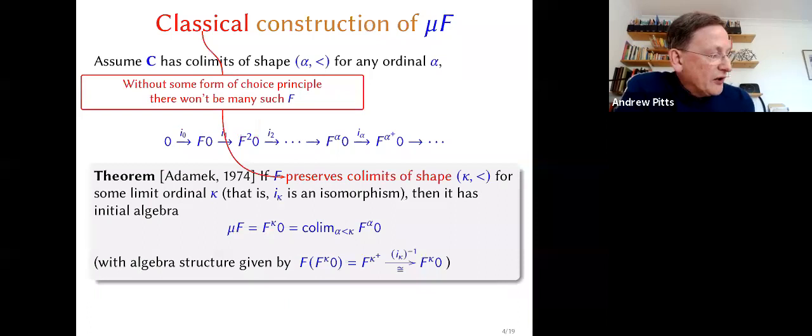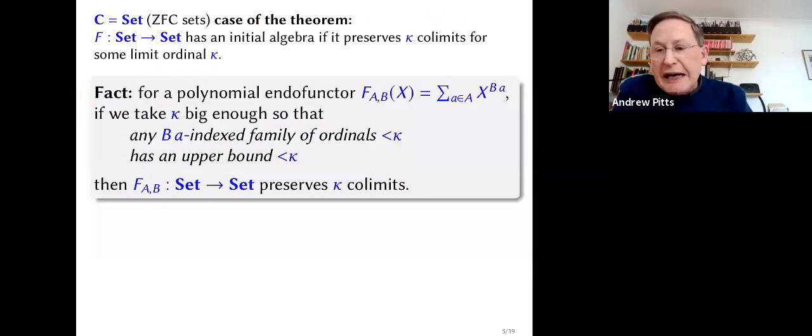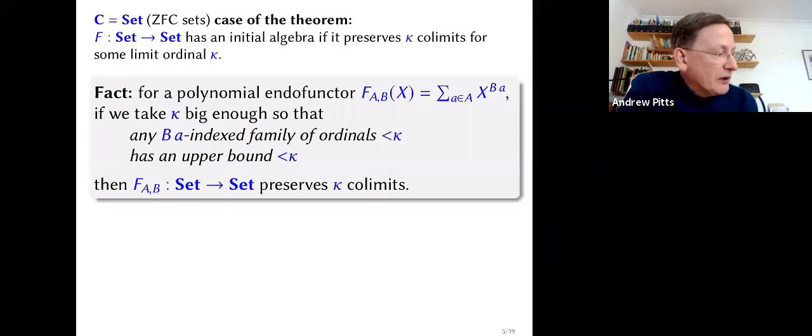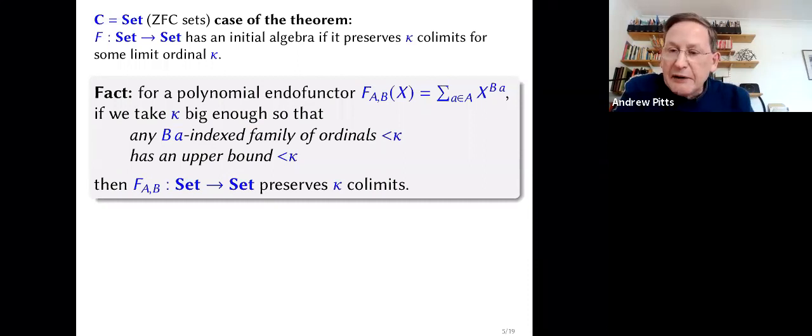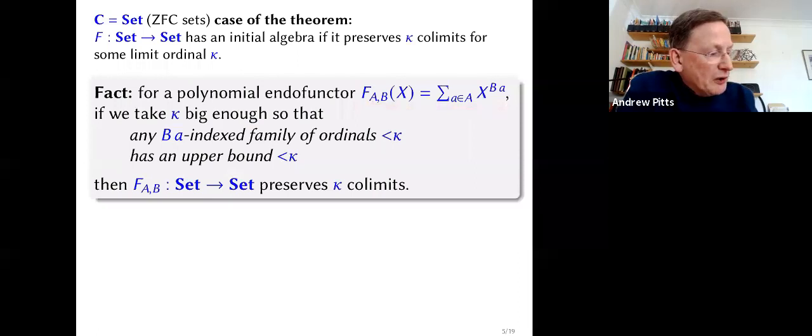And the other sense is that there won't be very many functors that preserve colimits of shape kappa classically without, in general, some use of a choice principle. So, I mean, if we look, say, when the category C is the category of classical sets, so sets in Zermelo-Fraenkel set theory with the axiom of choice, and we look at the example that we had of polynomial endofunctors whose initial algebras were those W types, then when does a polynomial endofunctor preserve kappa-sized colimits? Well, if you take kappa big enough, it will. And big enough means that